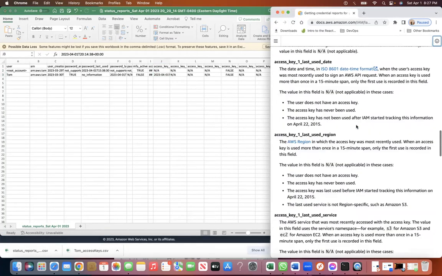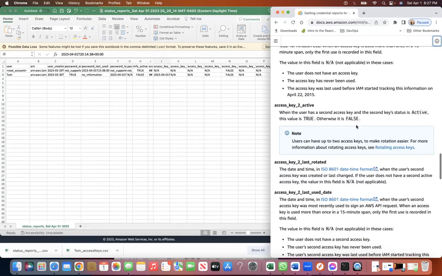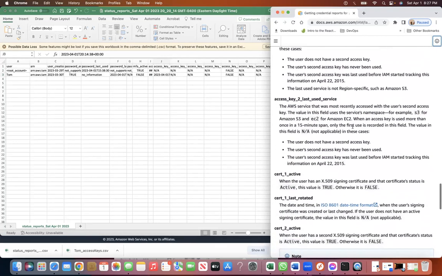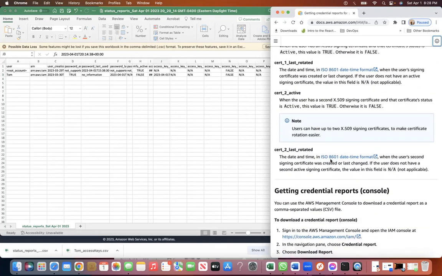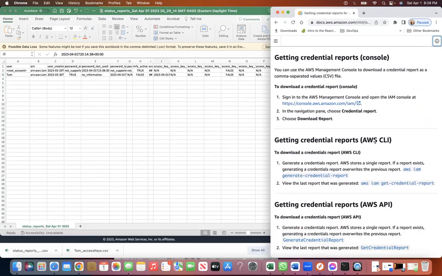Just to avoid making this video too long, I'm not going to go over everything here, but you can tell obviously that this report is giving us a full report of all of these features that AWS has available, just to help with getting a report on your account. So getting the credential report with the AWS CLI, you could also do that with the CLI as well. Say for instance, let's